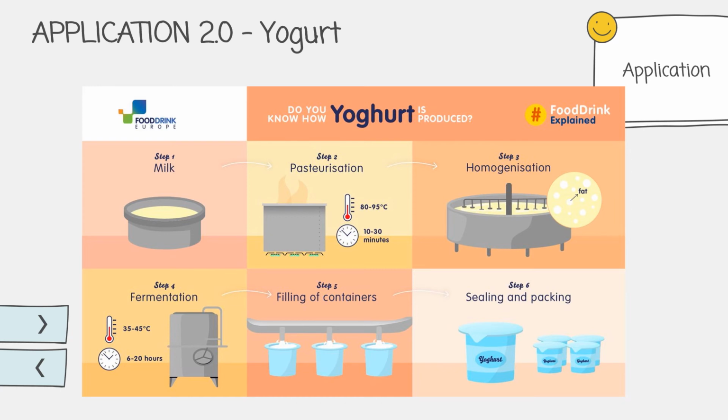Next is fermentation, which is the changing of lactose to lactic acid by bacteria. Bacteria also start to digest the milk protein. This takes many hours and the mixture is kept at the optimum temperature of 40 to 45 degrees Celsius so that bacteria can work even faster. The pH then drops to 4.4, which is why natural yogurt has a tangy taste. Next is coagulation, which is the change from liquid to solid. After it has changed, it is time to fill into the containers and get ready to package.